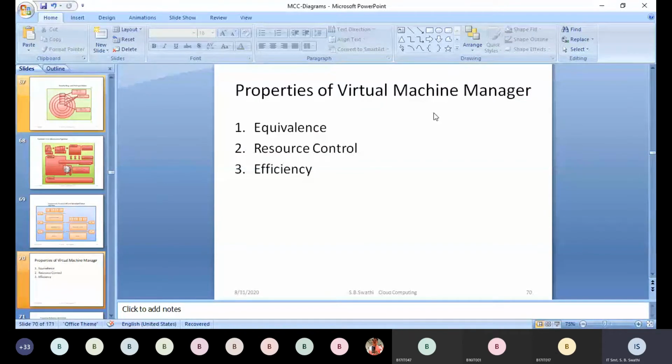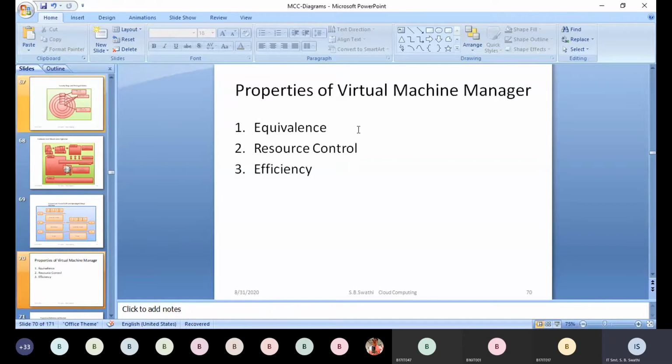Only instructions related to those sensitive resources should be sent to the hardware level to be executed, and the remaining instructions, which involve only non-privileged resources, like simple input output files or some user defined files, should be executed at the VMM level only, without going back to the hypervisor or the hardware level. That is called efficiency.